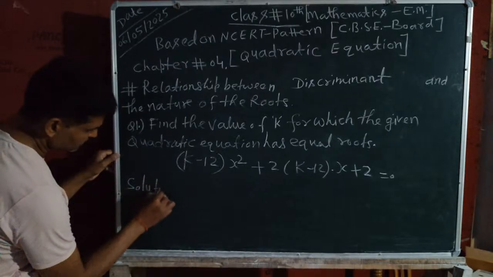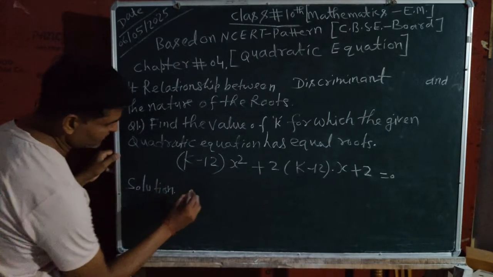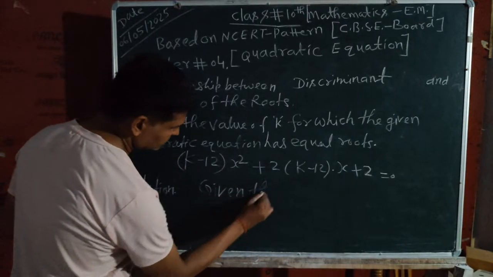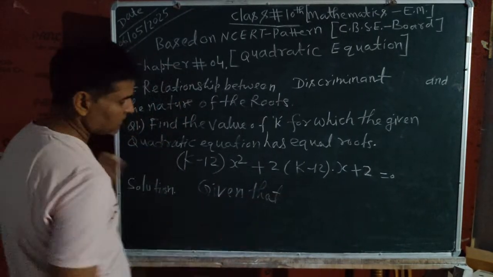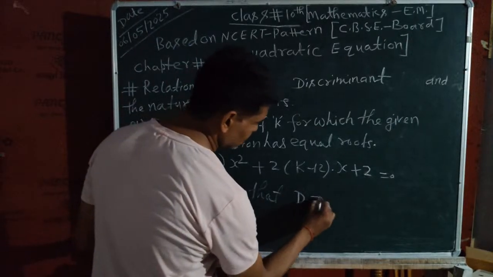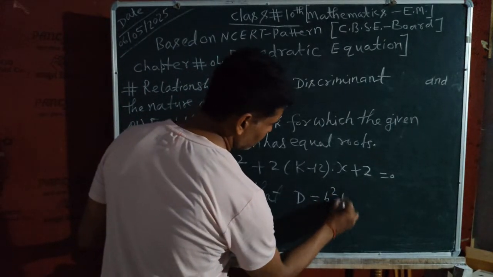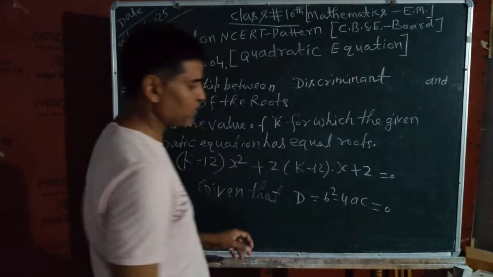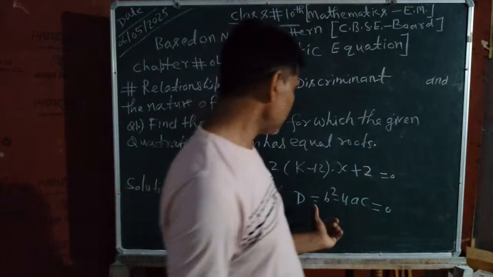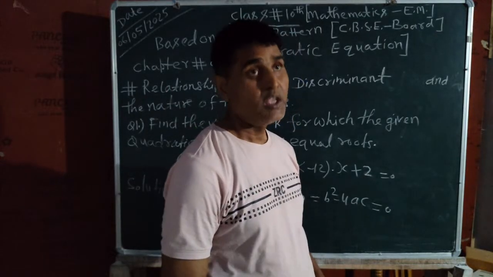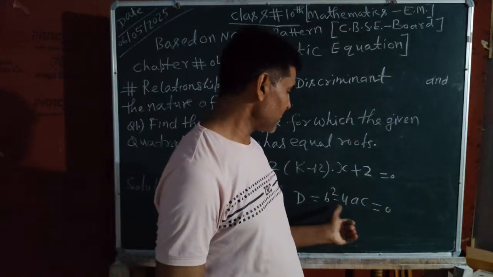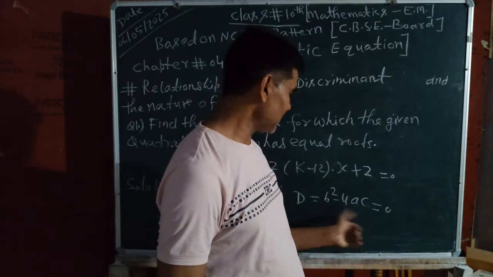Now here I will say, according to the question, first I will write here solution. That is, I will say given that D is equal to b square minus 4ac, which is given that is equal. If roots are equal, it means that the value of discriminant will be 0. The value of discriminant will be 0, so I have to get the value of a, b, and c from